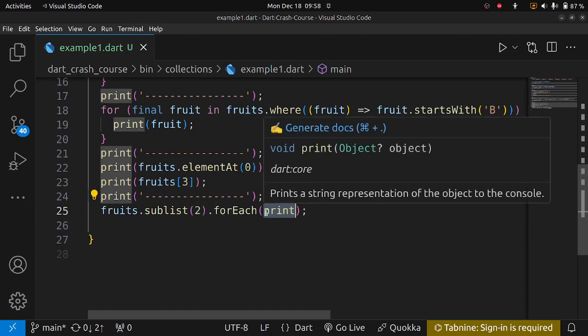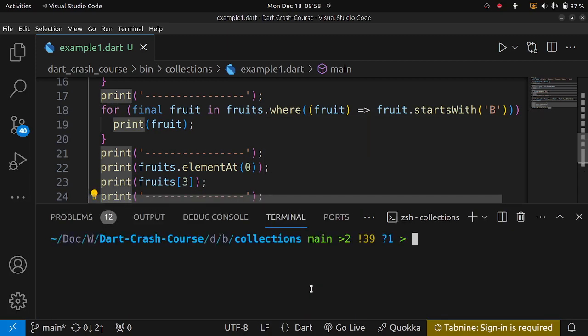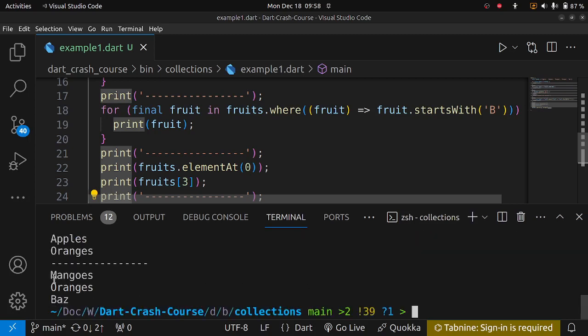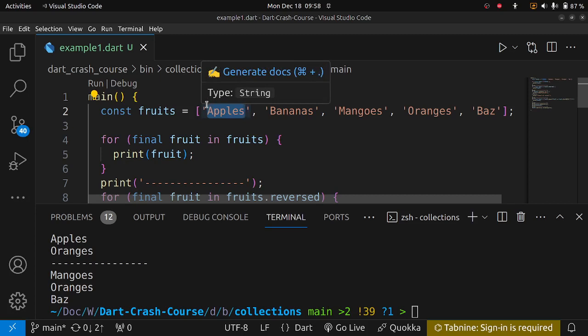We could just use the for each and just print everything. So if we clear our console or terminal and we say dart example this, we see mango, oranges and bars, and if we go here, this is actually index 0, index 1. Because we don't start counting from 1 here. Remember, as for lists and everything, we don't start counting from 1, we start counting from 0. So we count here 0, 1, 2. So it starts from here, that's why we said 2, and it goes right up to the end,